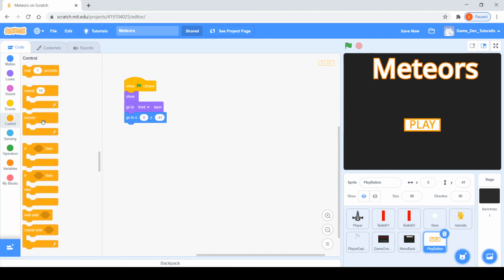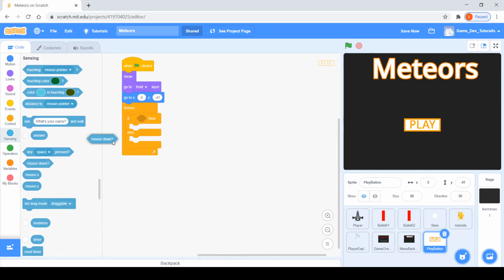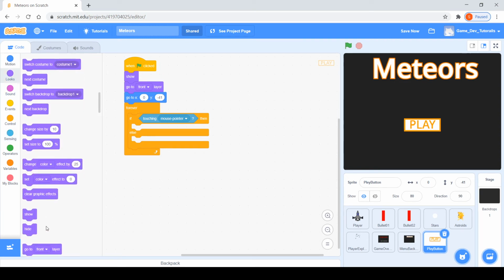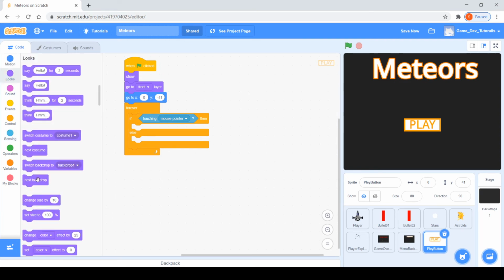Then I'll say forever. We could just leave it like this. It's not that really interactive. See that your cursor's highlighting it. So what we'll do, we can say forever, if else, touching the mouse pointer. So if the mouse pointer is somewhat touching it, then it will just set the brightness